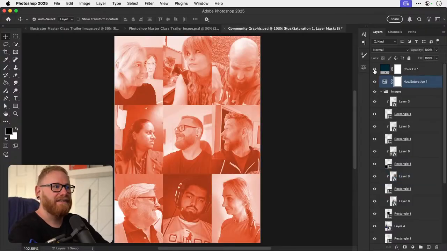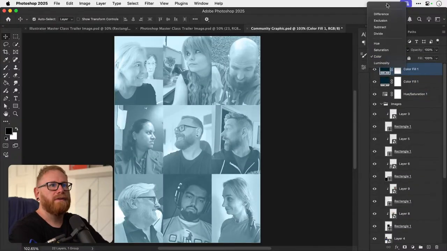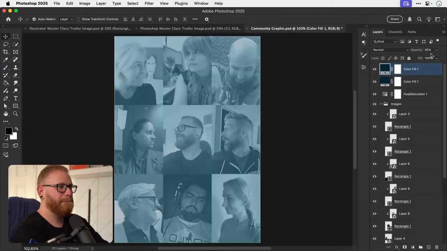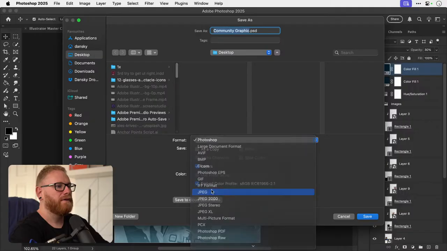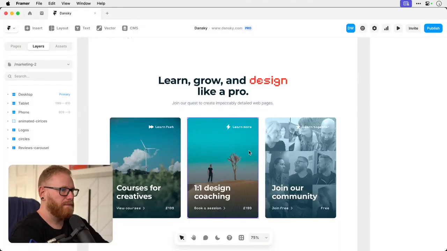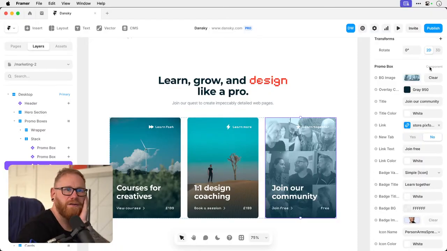Let's, yeah, we'll just darken it a little bit so the text still stands out. So maybe something like that. So we'll just update the JPEG and replace it in Framer. I mean, I still got to figure out these two graphics yet.